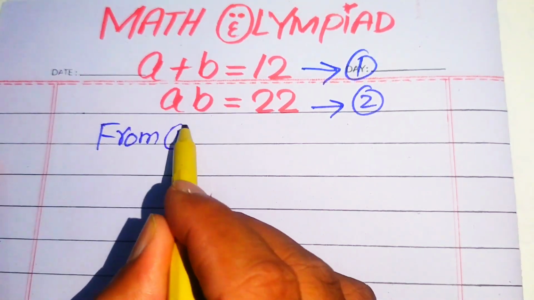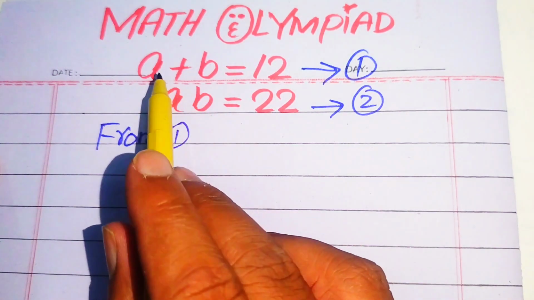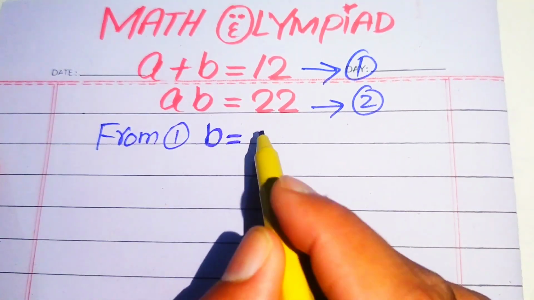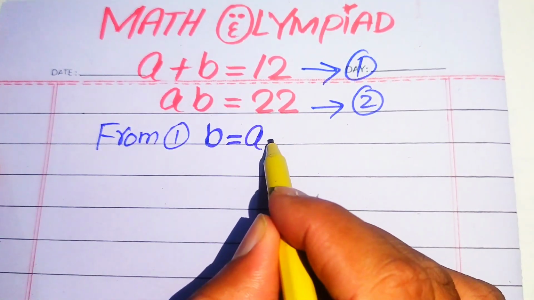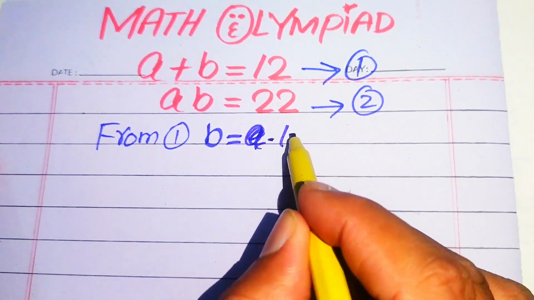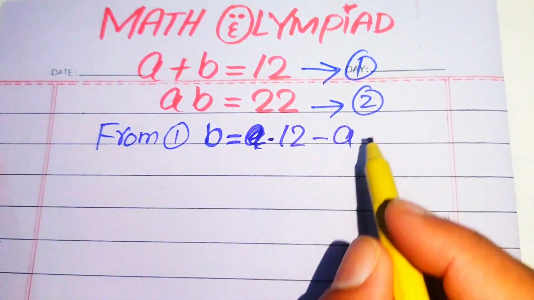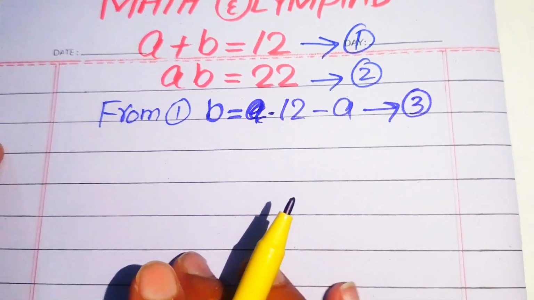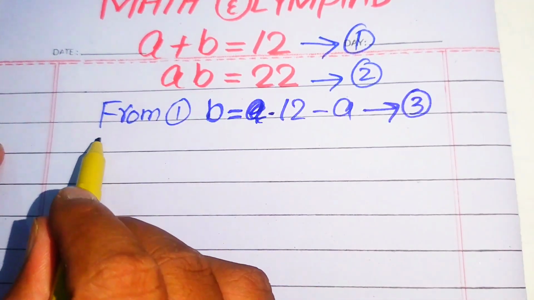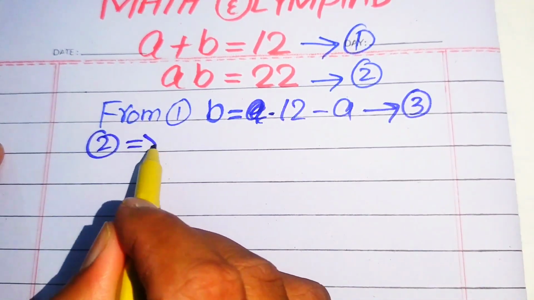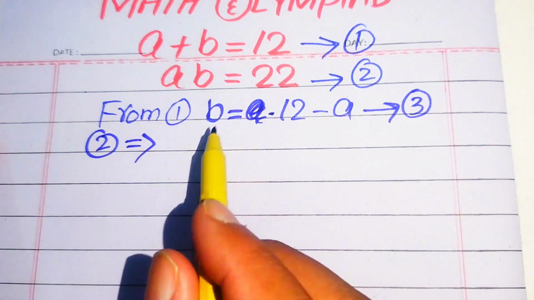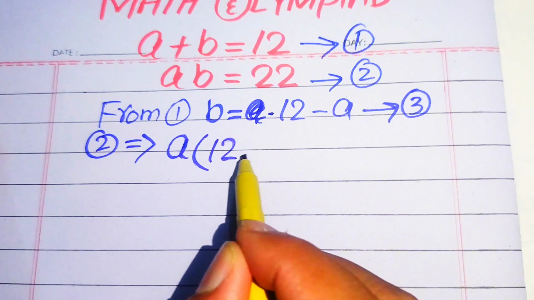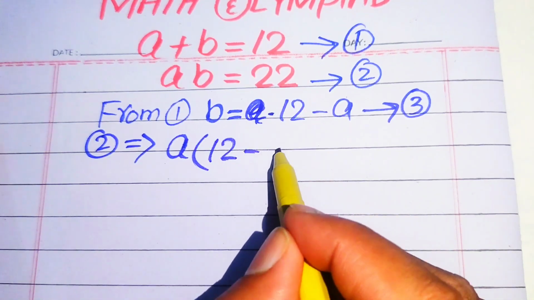From equation number 1 we move this a to the right hand side, and it is written as b equals 12 minus a, and we call this our equation number 3. And now we substitute this value of b in equation number 2, so that equation number 2 implies that ab equals 22, so a times the value of b, which is 12 minus